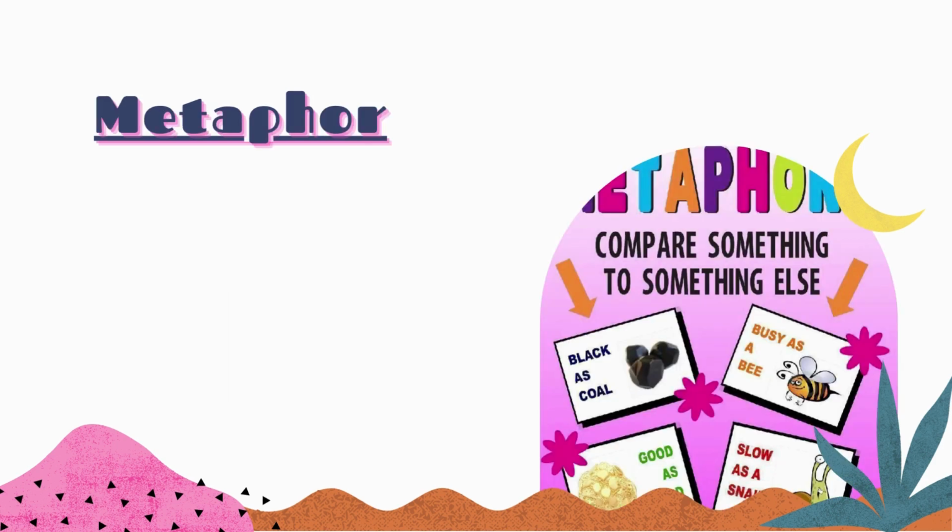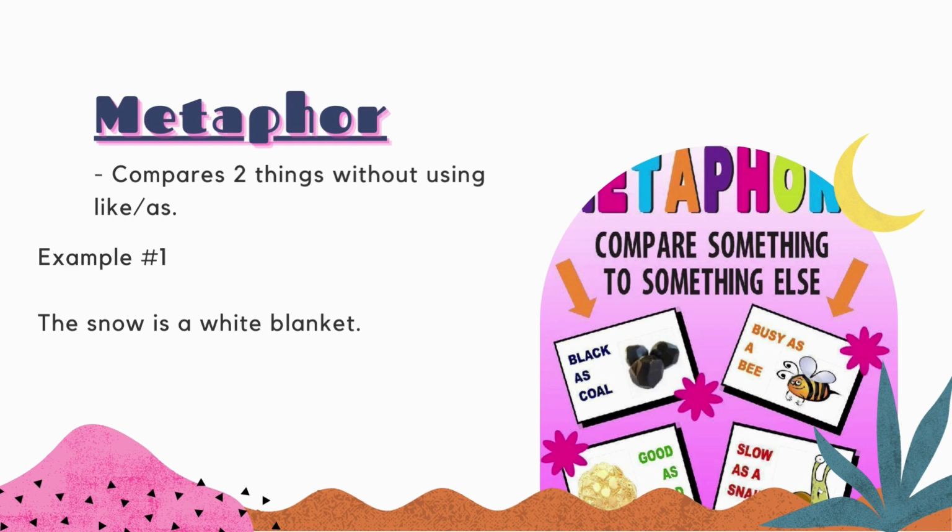Okay, now let's move on to metaphor. Metaphor compares two things directly without the use of like or as. Let's have a few examples. The snow is a white blanket. In this statement, the snow is compared to a white blanket without using as or like, since snow is also white